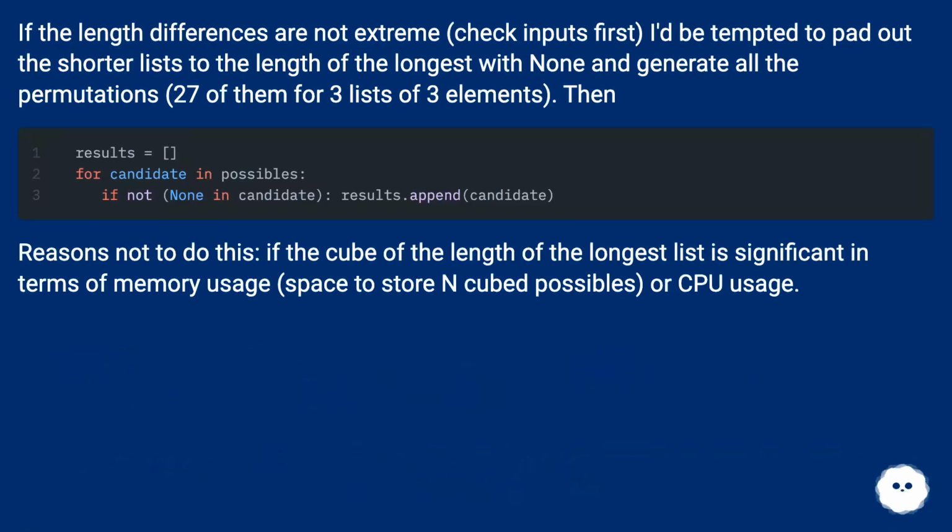If the length differences are not extreme, check inputs first. I'd be tempted to pad out the shorter lists to the length of the longest with None and generate all the permutations, 27 of them for 3 lists of 3 elements. Then,